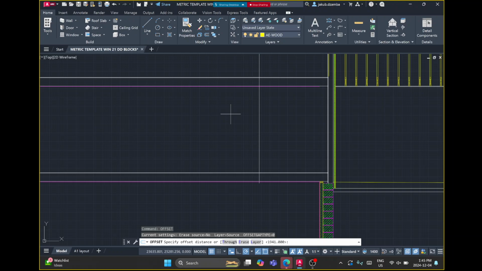Okay, then the stair width was 1120. And then I think after that,